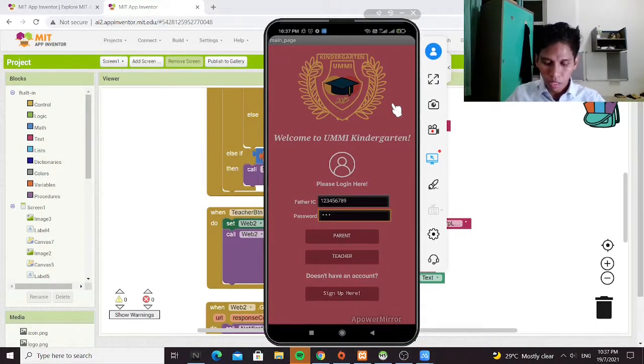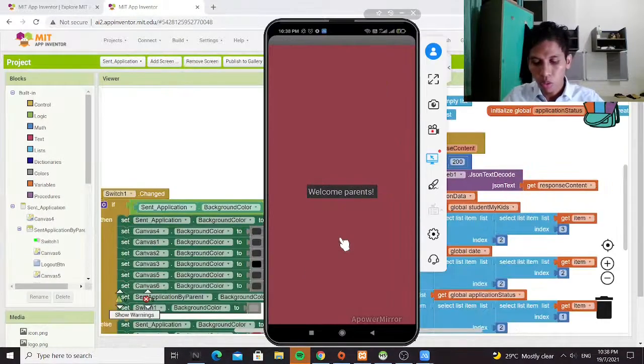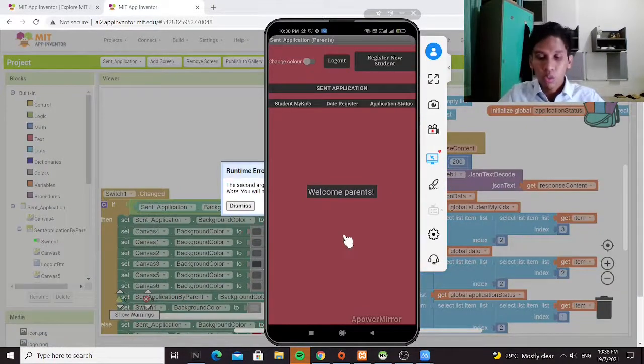There are two buttons, parent and teacher. I created the account as parent, so we must click the parent button, and we will be directed to